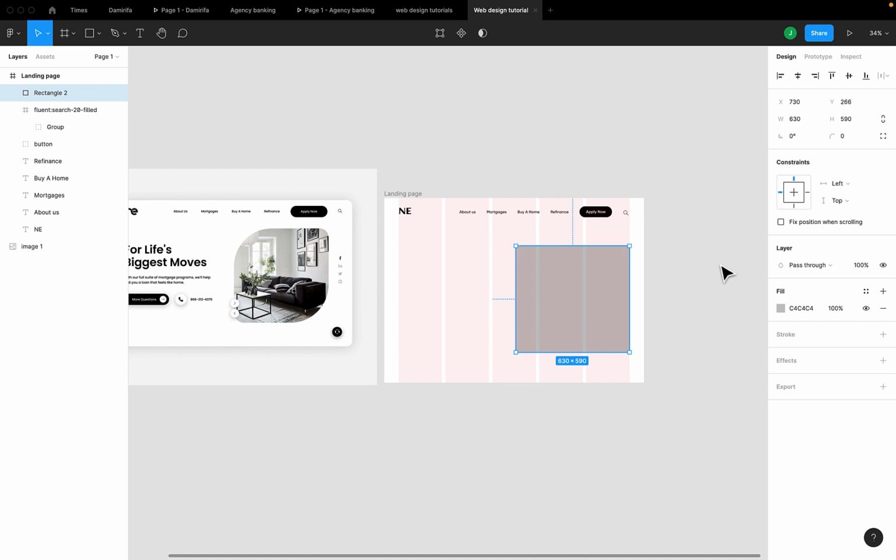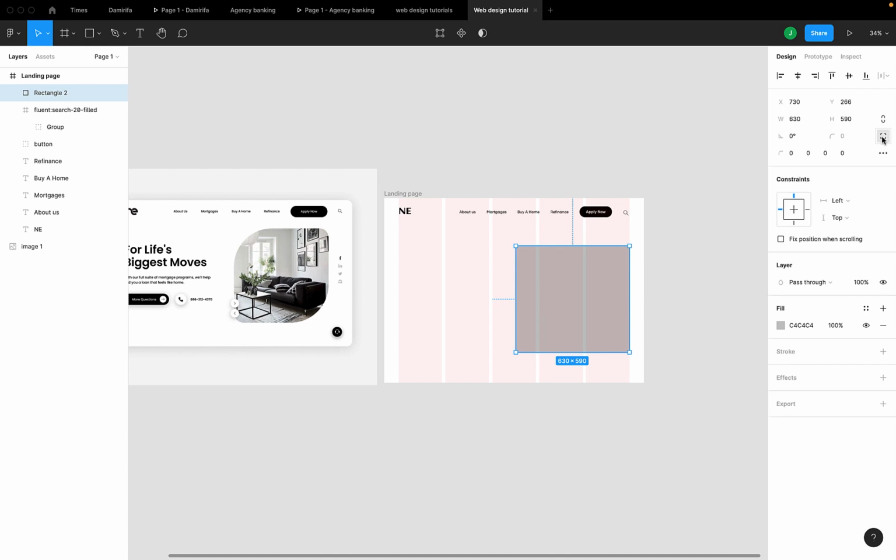Okay, so the next thing I'm going to do is I'm going to round the corners, but now I'm going to do it a bit differently from what we usually know. I'm going to round the four corners independently. So to do that, I go here and I select this independent corners button here. Then it gives me the various input options for the four corners of the shape I have there on my frame. So yes, the first corner I'm going to give it 100,